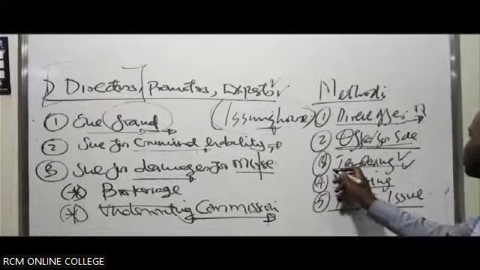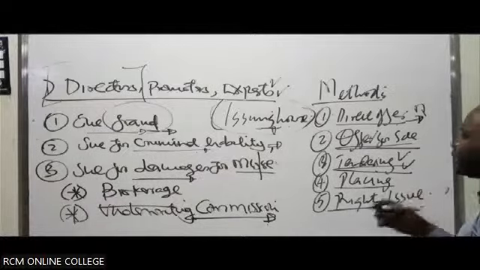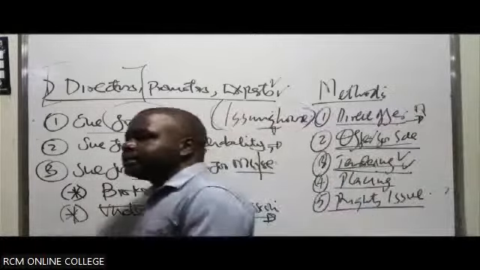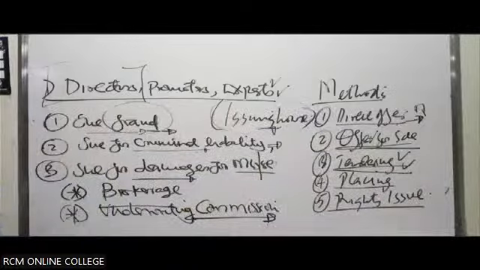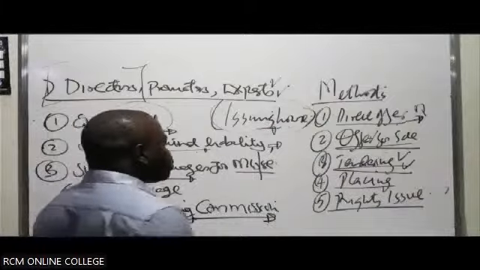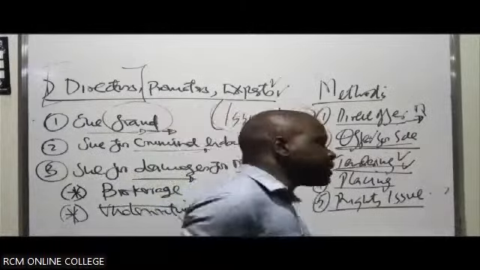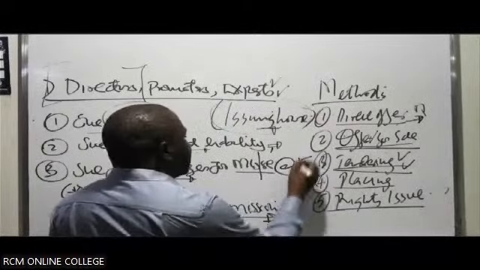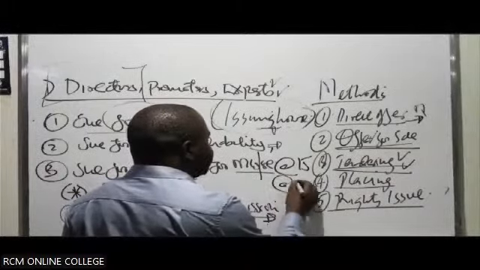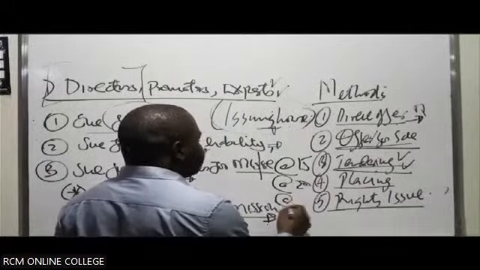Then you have tendering, which is not that very common. This is what will happen under tendering. Under tendering, bids are invited. What do you mean by bids here? People put in their proposals as to how much they can buy the shares of the company at. Maybe someone will say, I can buy at 15. Another says, I can buy at 20. Another says, I can buy at maybe 21.